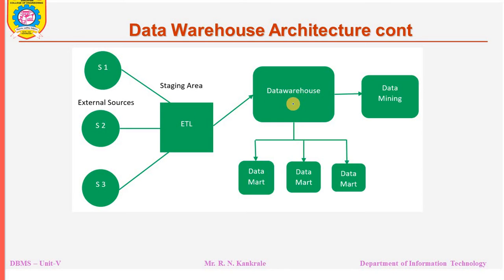The data warehouse will separate the data into data marts. The data warehouse consists of metadata, and the original data gets stored in the data marts. For example, an organization has different functions or departments: sales, marketing, and purchase. Purchase data will be stored in one particular data mart. Marketing data will be stored in another data mart, and so on. How much data is stored in which data mart, that information is stored in the data warehouse.